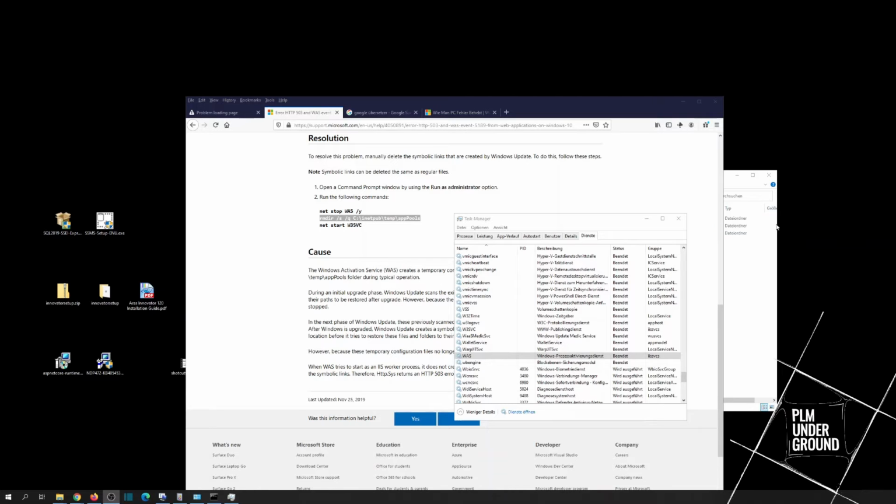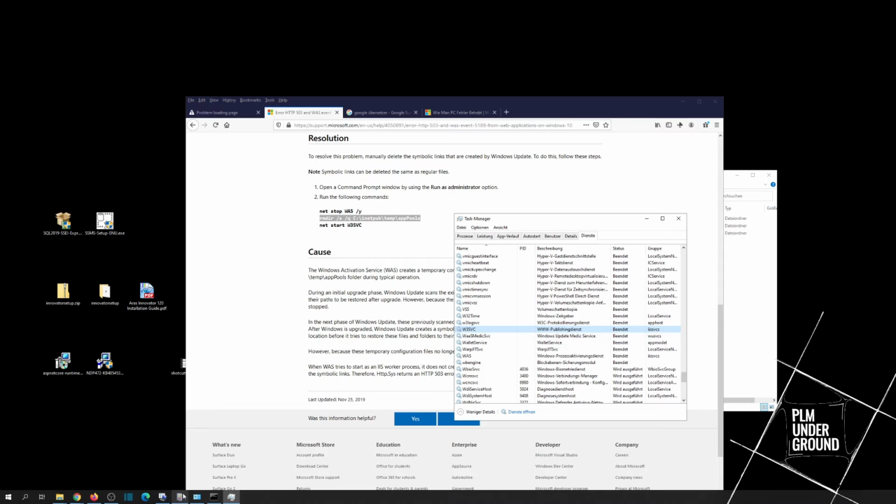As you can see in my task manager, my web server service is not started, and when I try to start it, it tries to activate this Windows WAS service, but this one also fails.